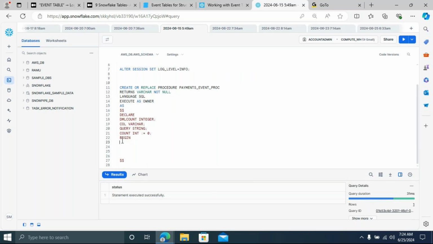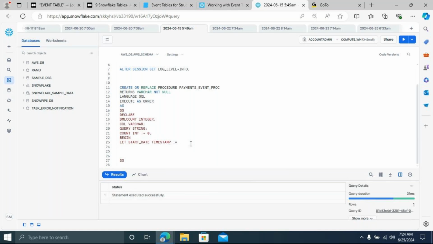Okay, we can take the start date, timestamp, because I want to take the timestamp. Now I can assign one let statement. Let is nothing but just a variable inside the begin block. Now I'm going to have one variable called start date. What's the timestamp for this start date? I'm going to give the type as timestamp, and then colon equal to.